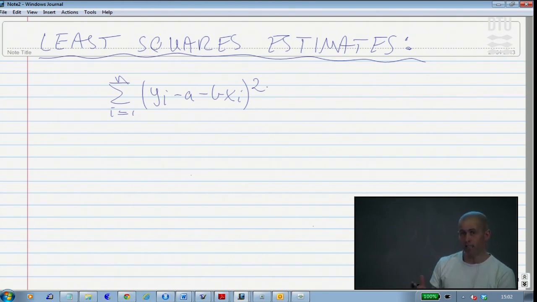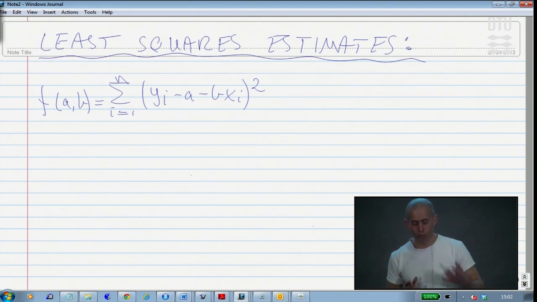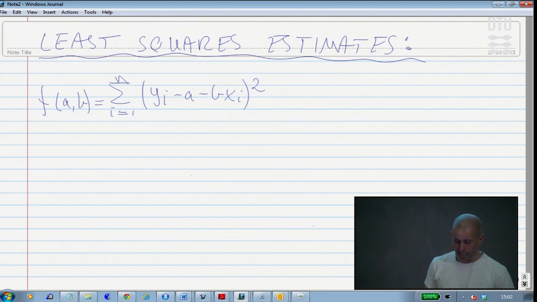So the xi's are known, the yi's are known, and we will see it mathematically as a function of the unknown intercept and slope, and we want to find the a and the b, intercept and slope, that minimize this one. That is the least squares criterion. How do we minimize functions of two variables in mathematics? We look for the derivative of each of those. So first the derivative with respect to a,